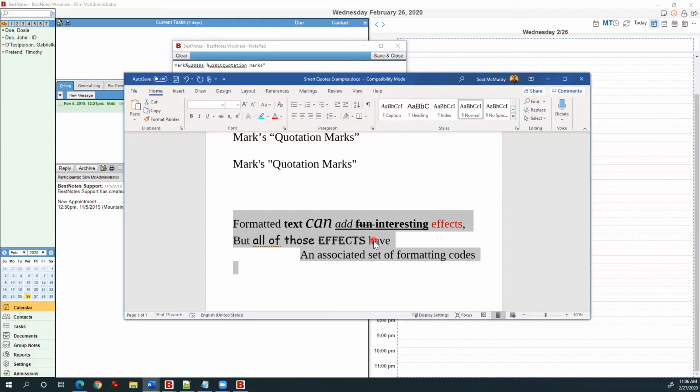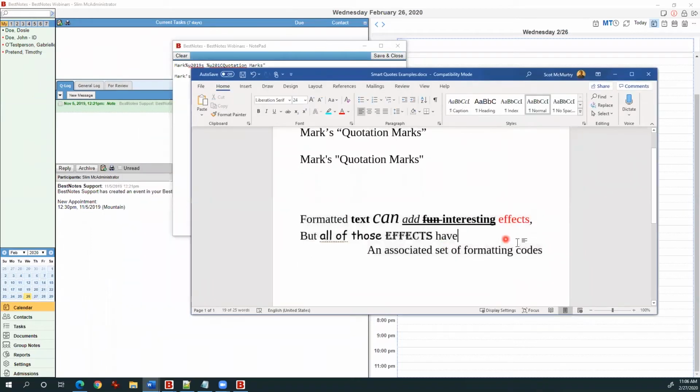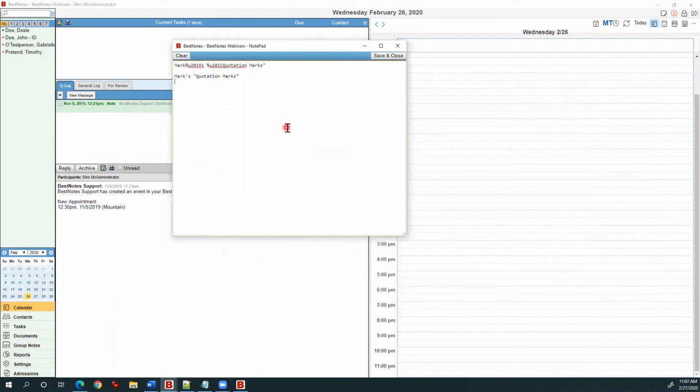BestNotes will see all that information and usually won't know what to do with it. If you've ever had a locked treatment plan, you know what I'm talking about. Historically, and still now, the way around that has been to copy and paste directly into our little BestNotes notepad. That itself will strip away all of the text formatting,